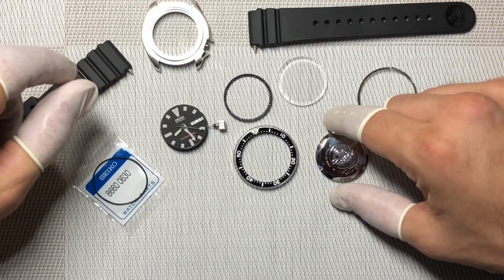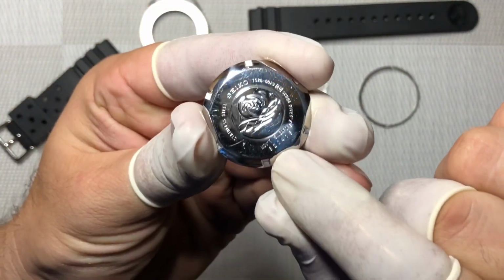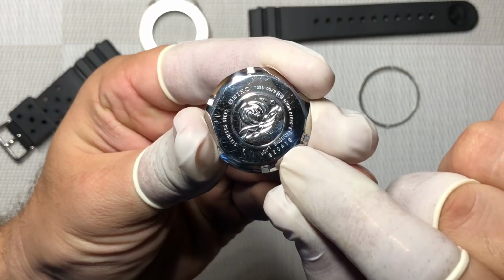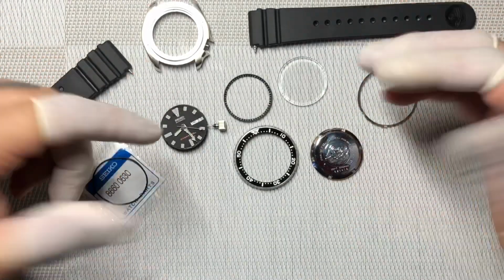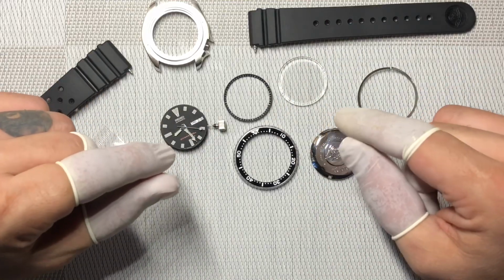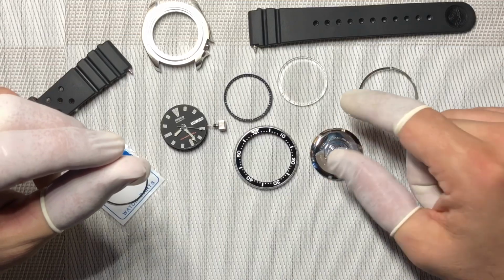And like I said, the difference being that these were all made in Singapore, and you can see on here it says movement is Singapore. So the movements were actually made in the Singapore factory as well. I've heard that there are some that are really rare. I don't know if this is true or not,